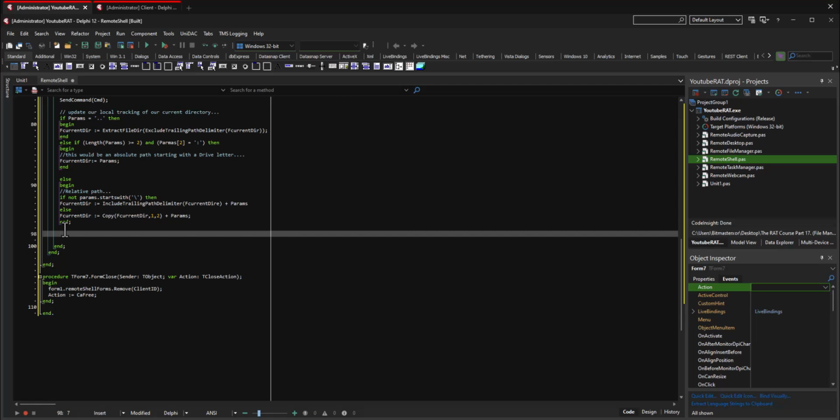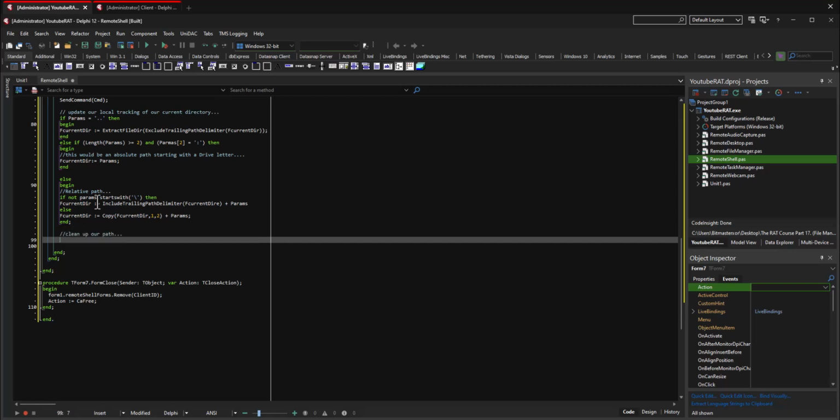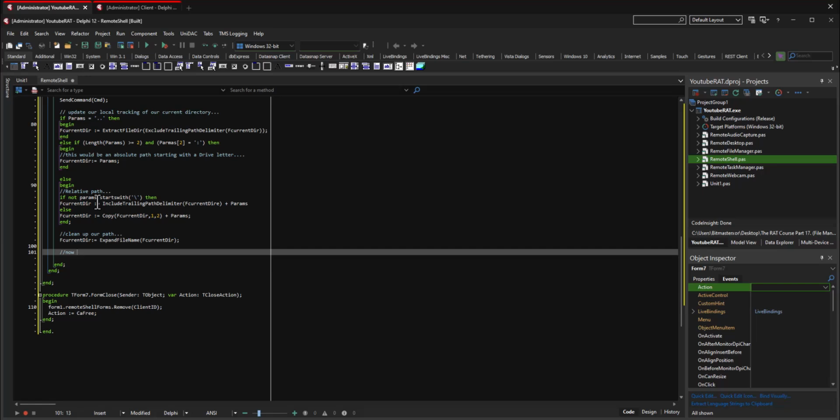So we're gonna have right here, let's clean up our path. So the F current directory will be equivalent to expand file name F current directory. And now send the CD command to ensure we are